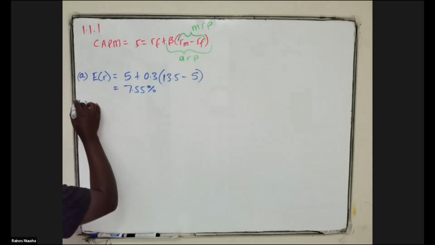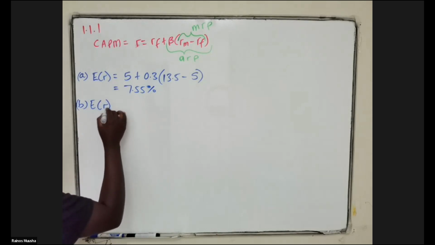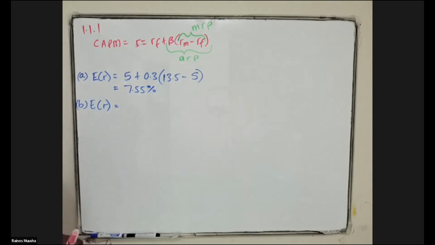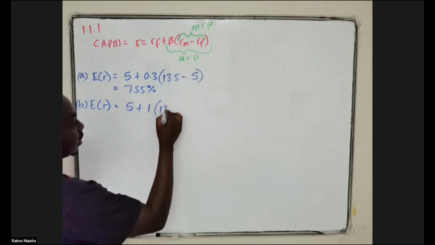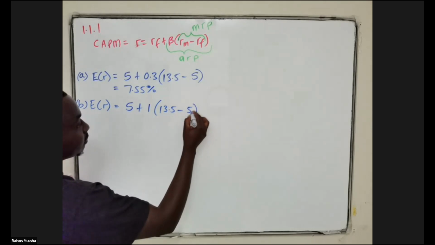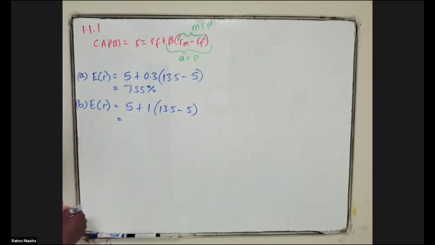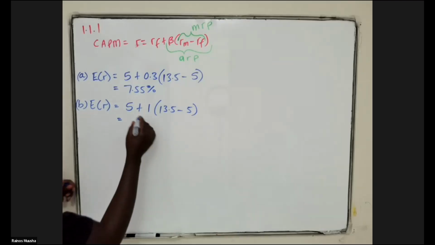On part B of the question, they also ask us to calculate the expected return given that the beta is equal to 1, isn't it? So your 5 plus 1 in brackets, 13.5 minus 5. How much do you get as your expected return? 13.5. Yes. So it will be equal to